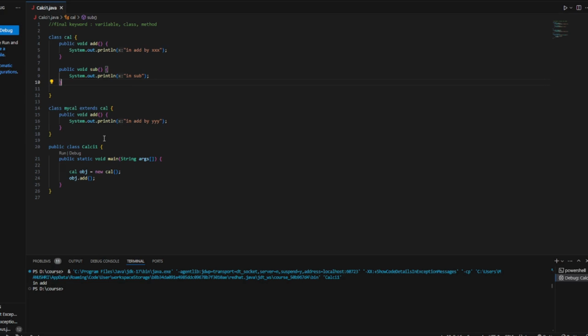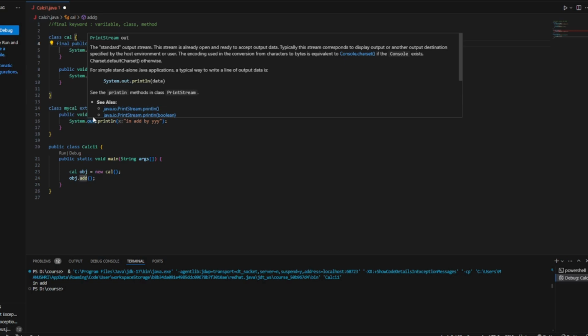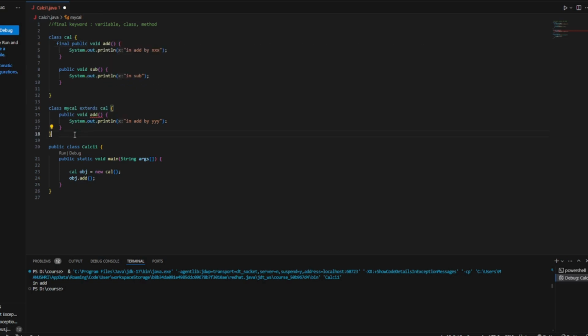So in order to stop the override, I can use final in the methods. After using final in the method, it shows me an error here, which says that the final method cannot be overridden by the extended classes.